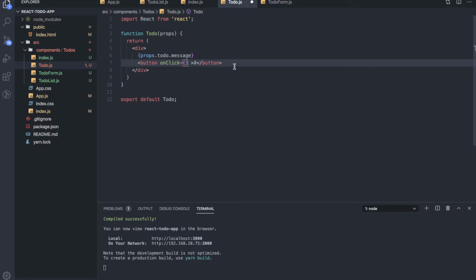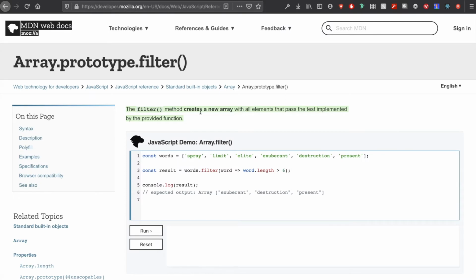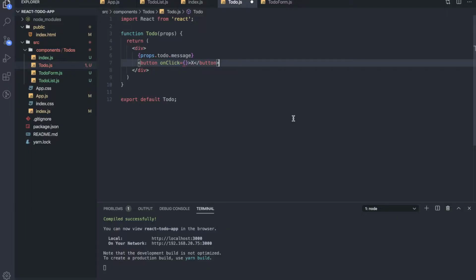But how do we do that? You know, there's more than one way, but the way that we're going to do that here is we'll actually use the array filter method. And you see here the filter method creates a new array with all elements that pass the tests implemented by the provided function. So basically we want to filter out this particular to-do when we click on it and create this new array that we now save and replace the state with that. Okay, so let's